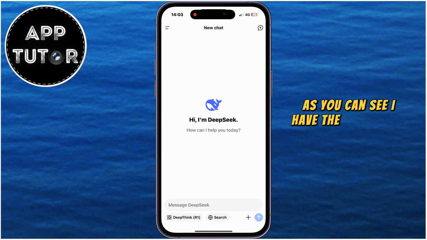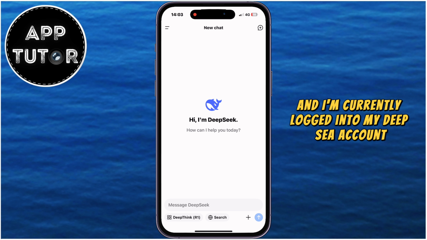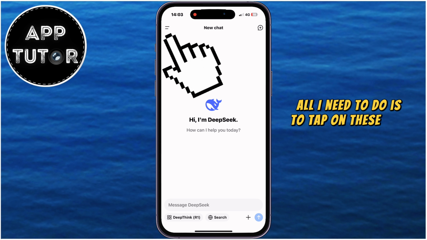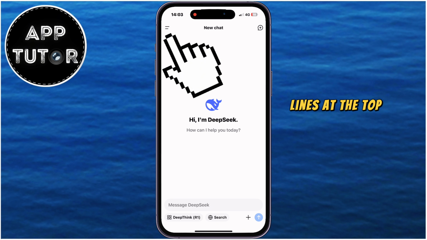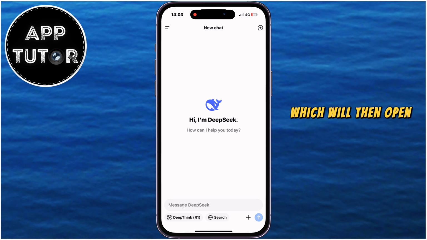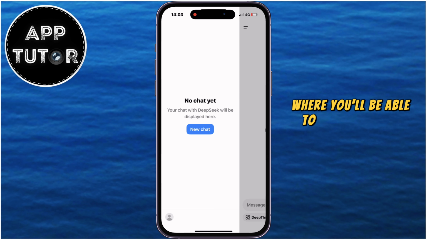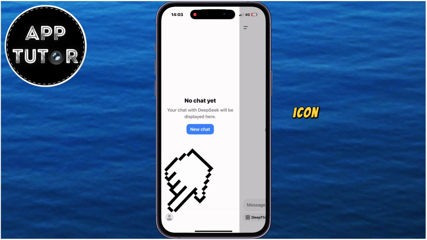As you can see, I have the app opened on my phone, and I'm currently logged into my DeepSeek account. All I need to do is to tap on these two horizontal lines at the top left corner of the screen, which will then open this side menu where you'll be able to see your chat history. But we're interested in this little profile picture icon at the bottom of your screen, so let's click on this,